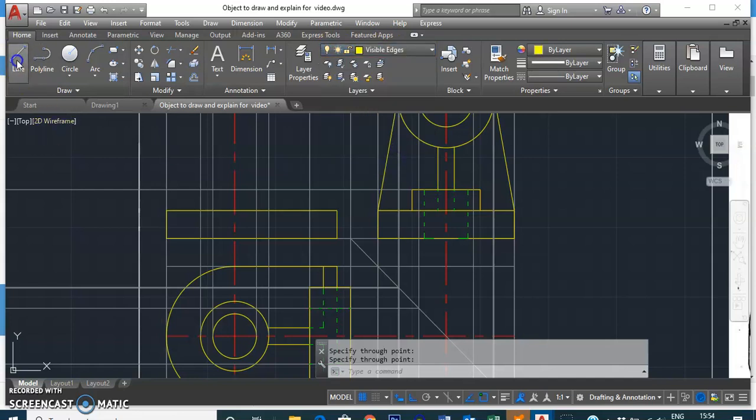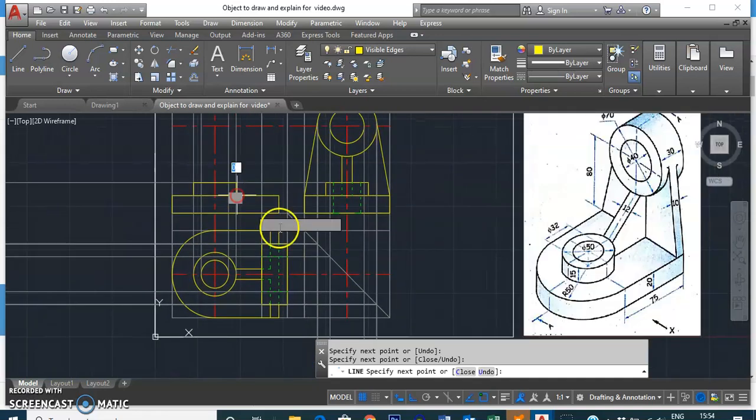Now the visible edge layer line will start from this end, it is already 15, from here to here, from here to here. This is the rectangular part visible for this particular cylindrical section. This cylindrical section will be visible as a rectangle over here, which we have drawn right now.